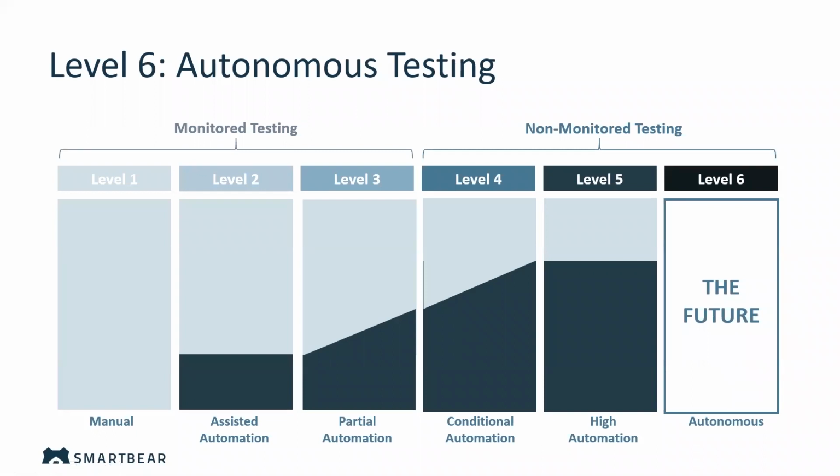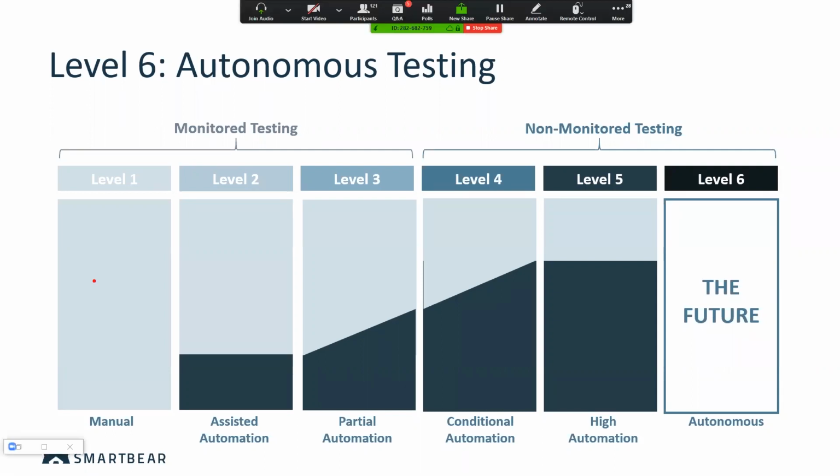And the final level that we're going to touch on before we finish up is autonomous testing. So spoiler, I don't know what that is yet. So this is the future and this is what we're gearing up for. So for those of you who are at level 1, this is where you're looking to end up in the next, I mean, it could be 5 years, it could be 10 years, depends on yourself, your own career and your own organization. But it is going to happen and we are going to get there.